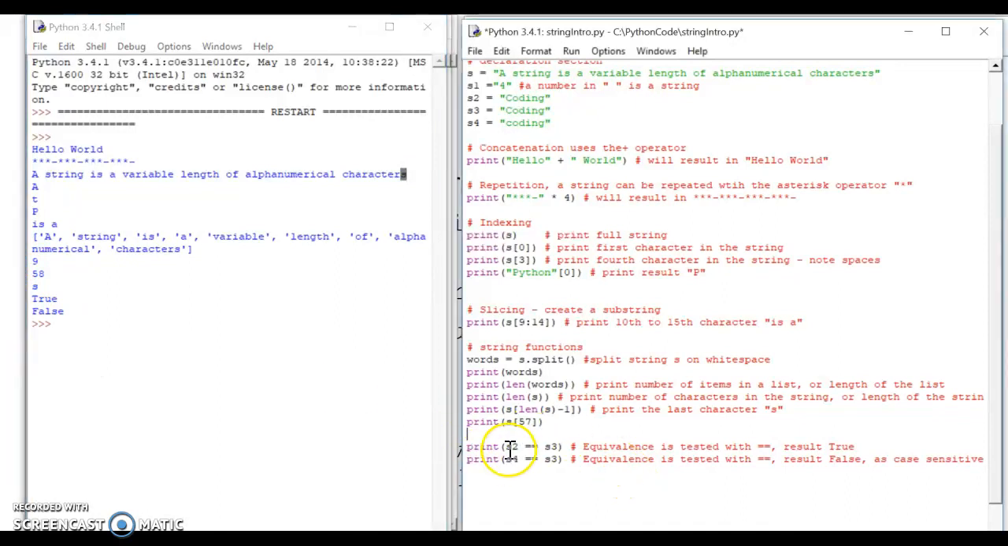Okay, here looking at equivalence. So I've got, is S2 equivalent to S3? And the result is true. So S2 is equivalent to S3. S2 held the word coding, S3 held the word coding, and they're exactly equivalent, so I've got a true. Notice here though, when I do print S4 equivalent to S3,